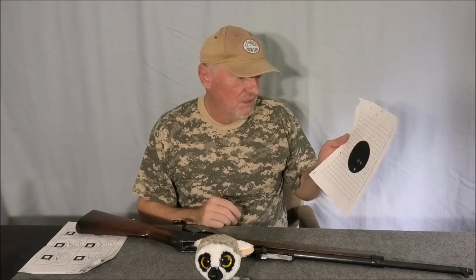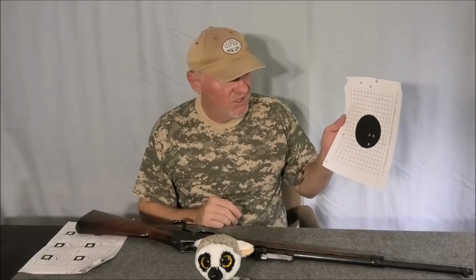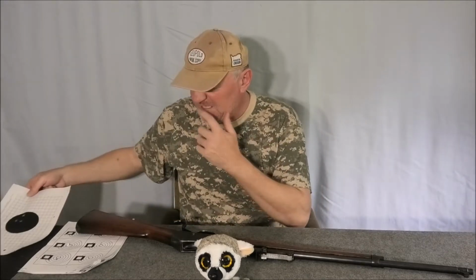Even though it's got an SMLE barrel, and you would think, well, it should be pretty accurate. One of the issues is that the headspace is quite loose, but to get an inch, and that's with a hot barrel. What I've noticed is that you've got to get the barrel warm, because that first round always flies high. The barrel was hot with that group, so I didn't get a flyer, but typically the first round will be